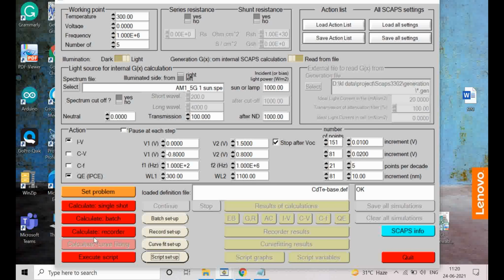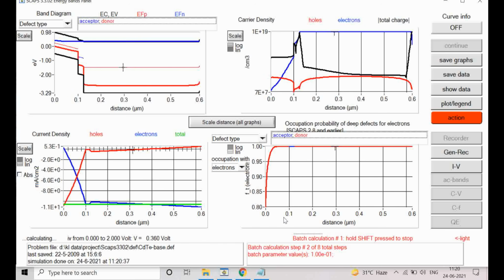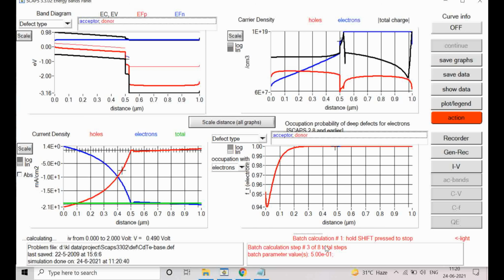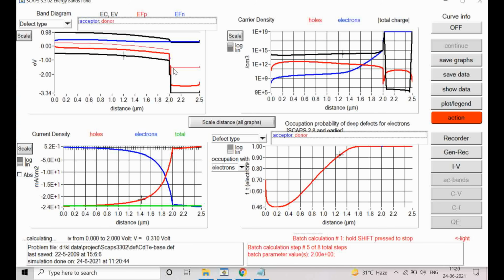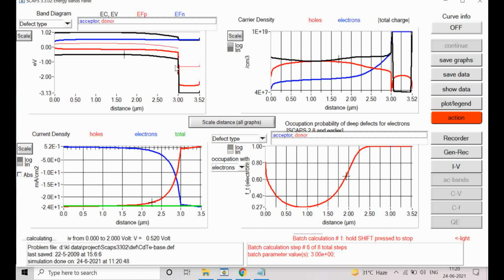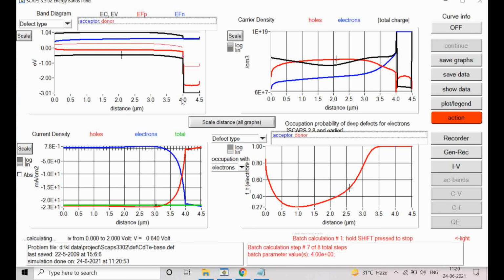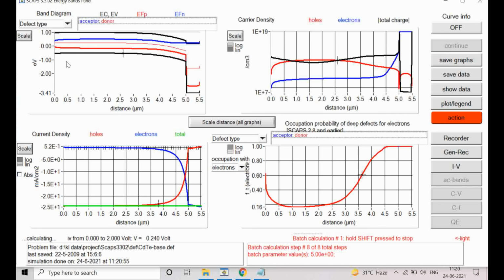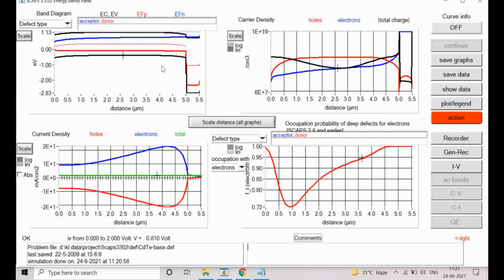So up to here. Now once I calculate the recorder, you can see the batch steps. It is taking 8 different steps, and you can see in this diagram that the thickness of the CDT layer is increasing. The thickness goes up to 5, so 5 is the last simulation. At each thickness value it has taken the efficiency readings.